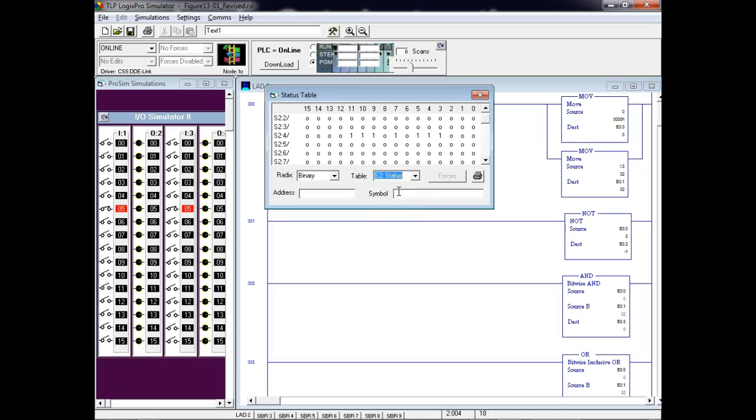So here's S2. Are we running? No, here we go, it's running. Look at S24. What's it do? What does this count? Because that's all it is, a free running clock. It's just using the clock in the processor. And if you looked in the data book, it would tell you what time you get for each one of